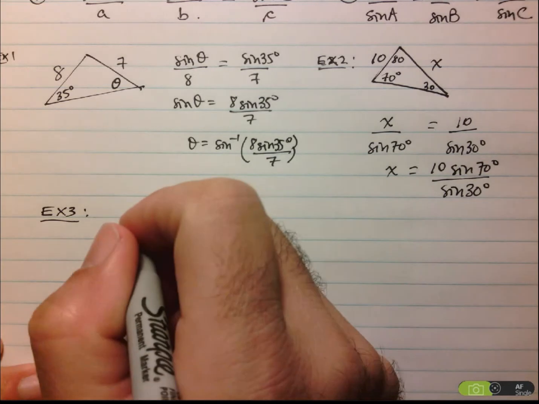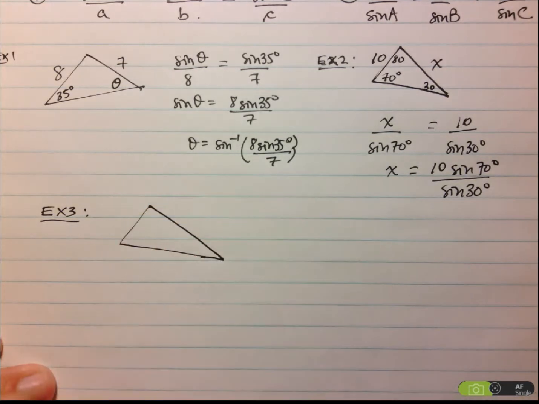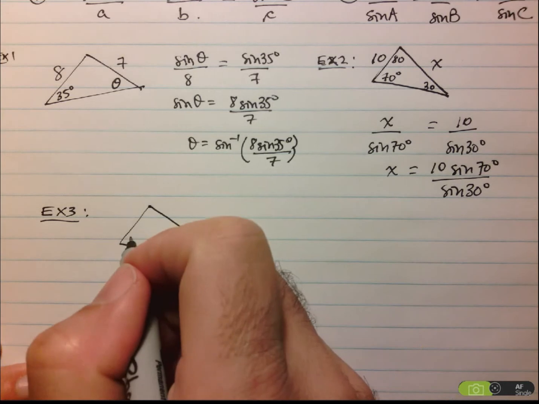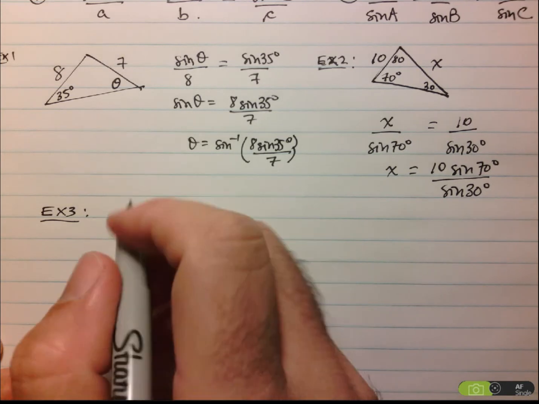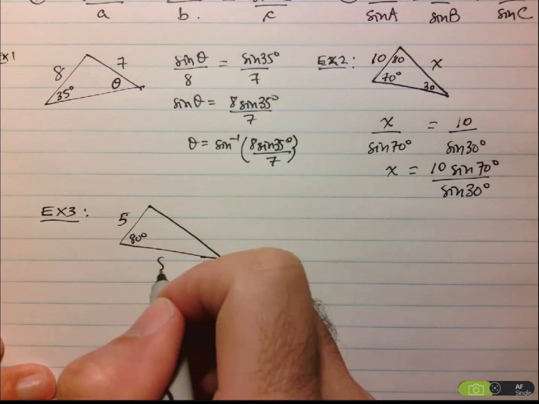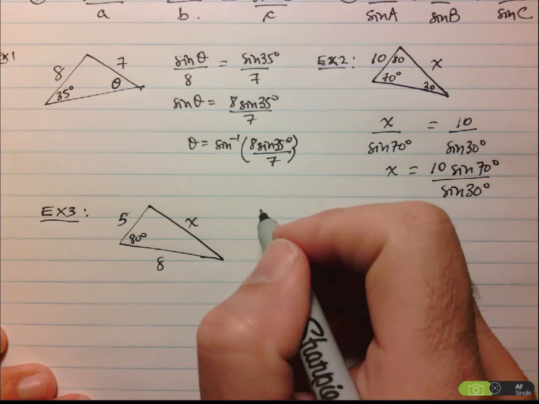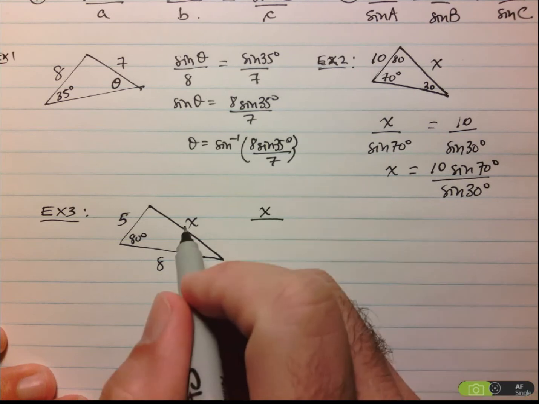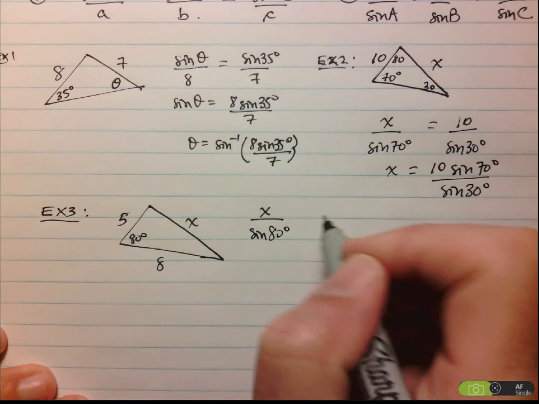So let's say we have this triangle here. Let's say I know that this is an angle of 80 degrees, and I know that this side length is 5, and this side length here is 8, and I want to look for this side length here. So let's set up the sine law. I'm looking for this side, so I'll put that one in the numerator. So that would be divided by the sine of its angle, sine 80 degrees, is equal to